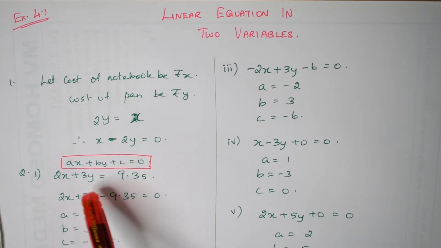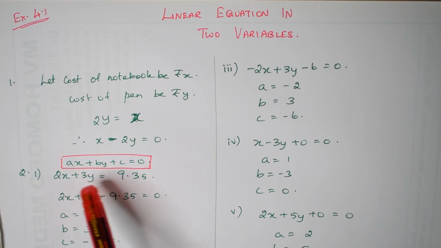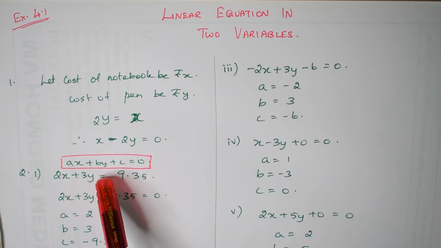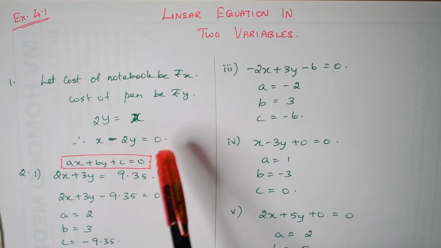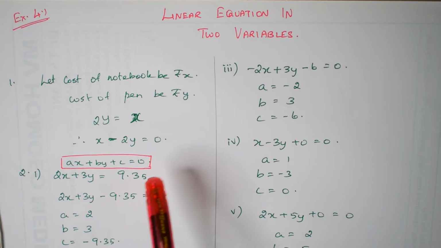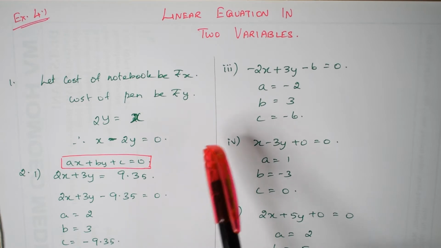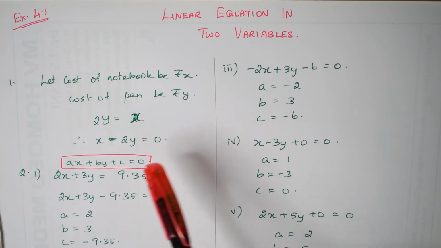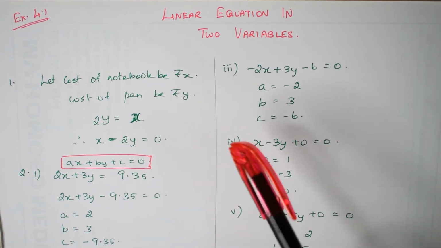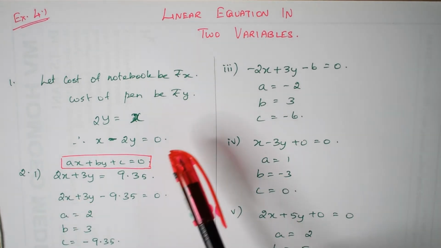And please understand, a is the variable which we associate with the x coordinate, and b is again a variable which is associated with the y coordinate, and c is again the constant. Always we bring the constant. Usually when we write an equation, we write ax plus by is equal to c, and so please take care in writing the c on the left hand side. Its value will change when it's on the right hand side. So please take care while you are writing the equation. Bring the c to the left hand side. Okay. Now we'll go back to the lesson.